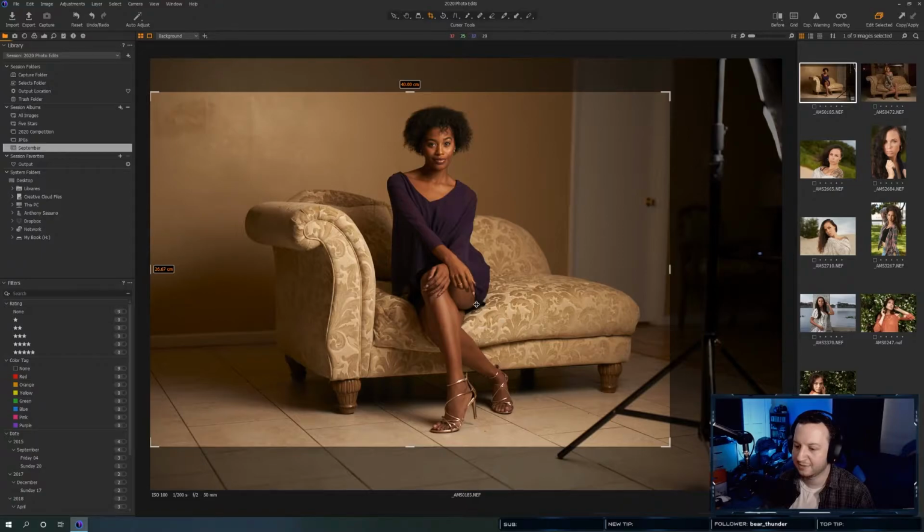I think I do like what's going on with her legs right here. It kind of gives me a high fashion look. So I do like what's going on.